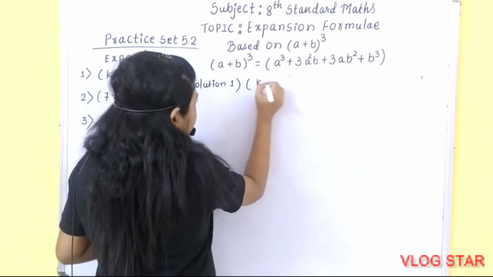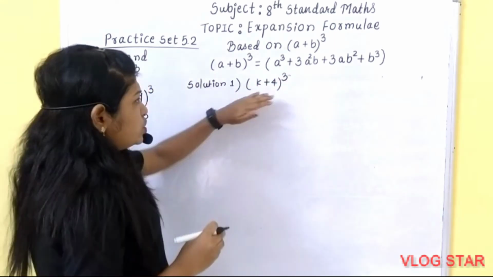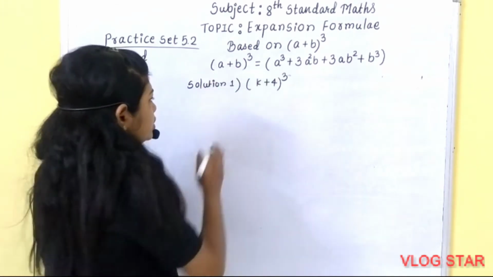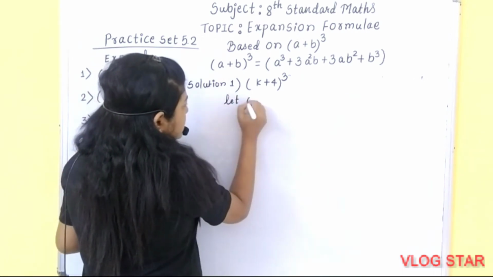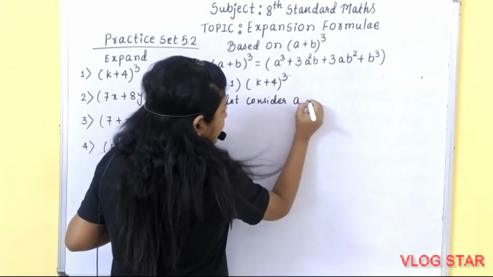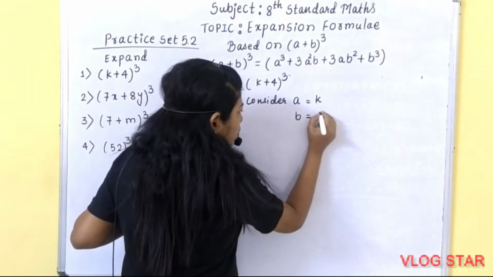What is given? (K + 4) whole cube. You need to compare the given question with the standard result. So let us consider